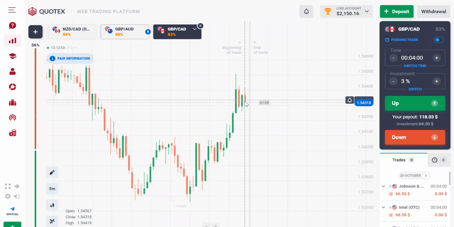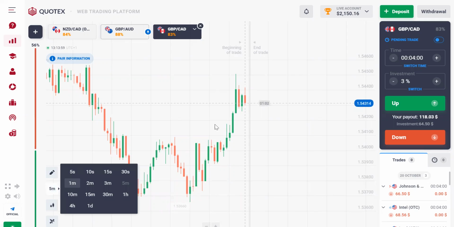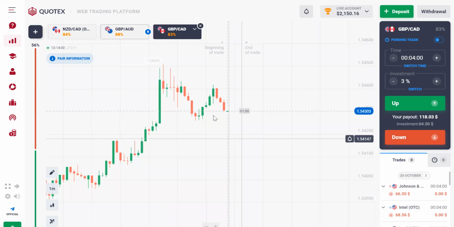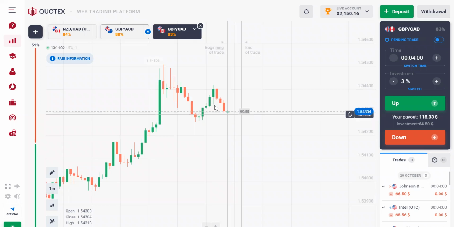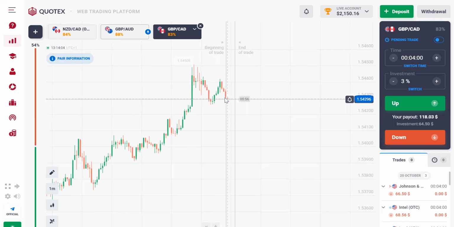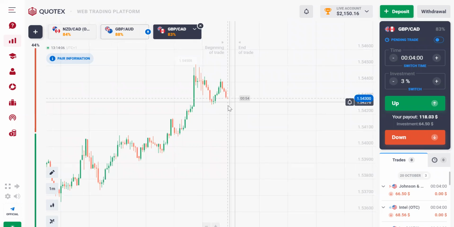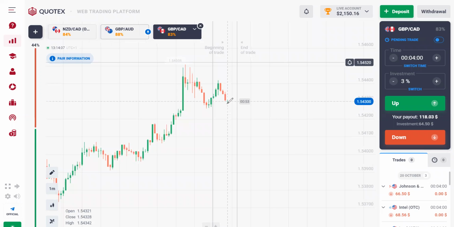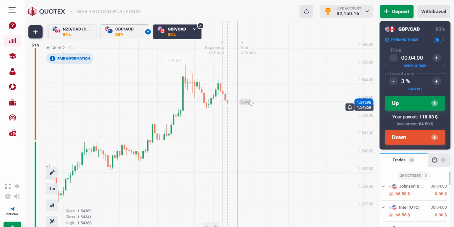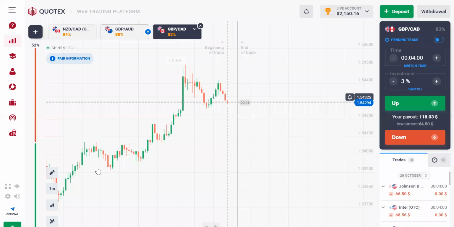Let's see if sellers are going to be giving us more good candles. I think that might give us some signals to sell on this pair, GBP CAD. Let's see if sellers are more interested. If they give us some good candles, we're going to sell since the market is now giving us this kind of pattern. So we might be selling on this one. I'll keep my eyes on it on GBP CAD.